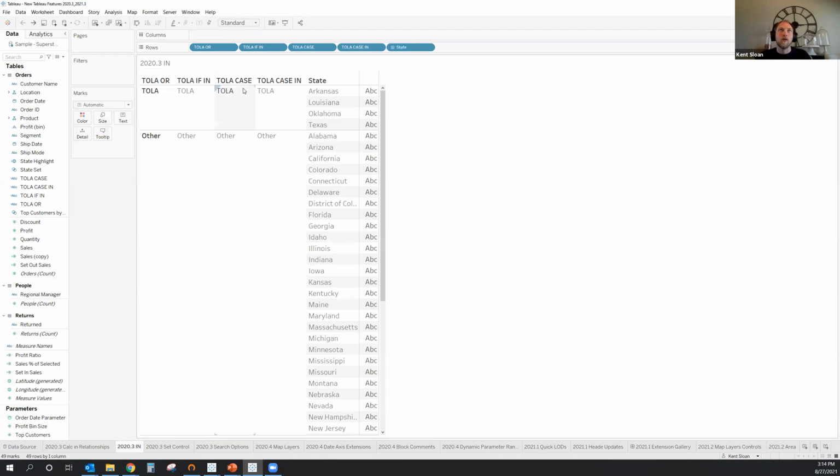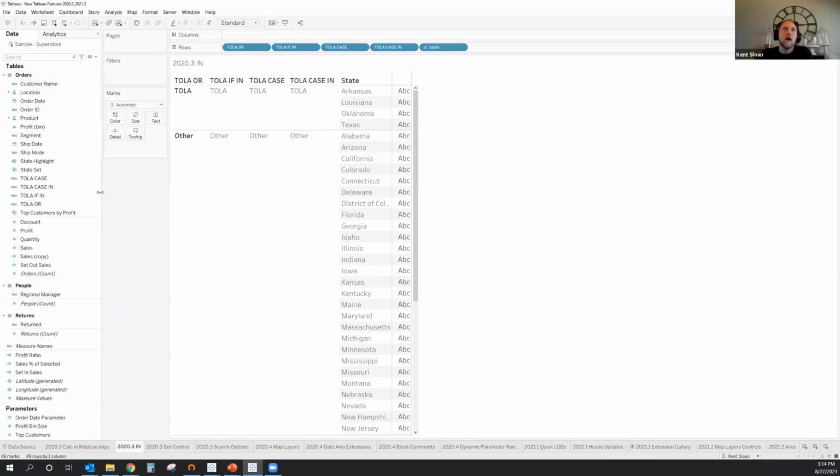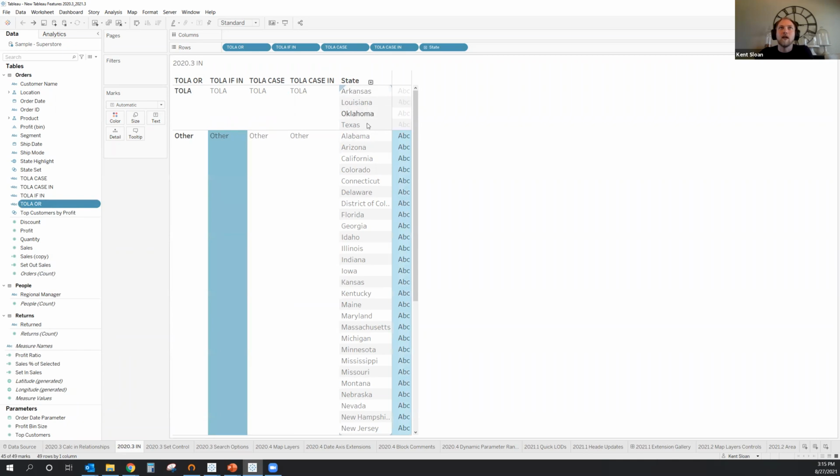The next one I'll call out would be the in operator. So if you're dealing a lot with strings and doing logic to find objects, this one is much more useful there. To show some examples of where we might be using that, I've put together 4 calculations that do the exact same thing, but each done in a different way to walk through some different ways that we can approach solving the same problem in Tableau. And in this case, all I've done is take Texas, Oklahoma, Louisiana, and Arkansas, and I've grouped them together in an arbitrary region that I've called TOLA.